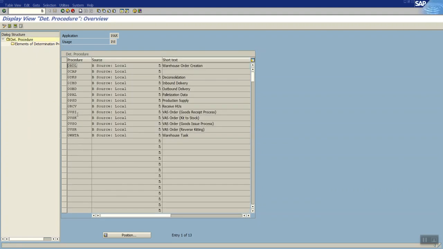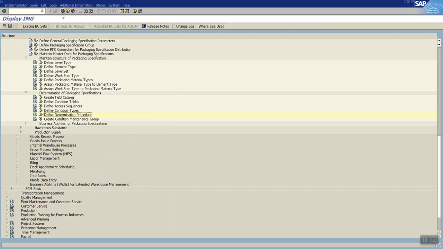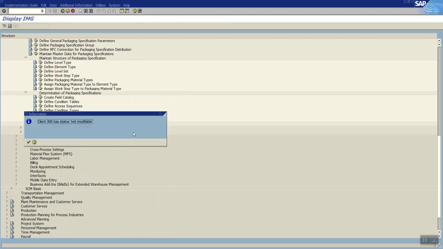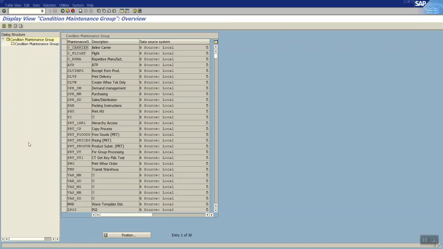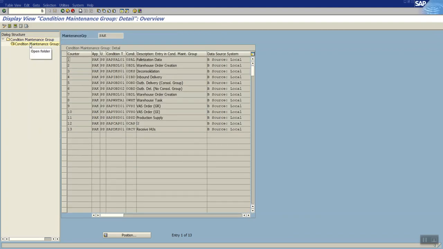Once I have this procedure defined and my application for the packaging specification, we can observe here is PAK, I have to link it to my condition maintenance group. So this is the standard SAP given packing instructions application type PAK.